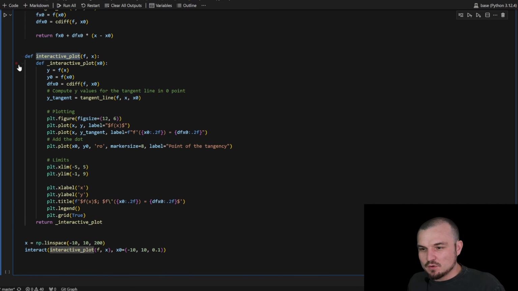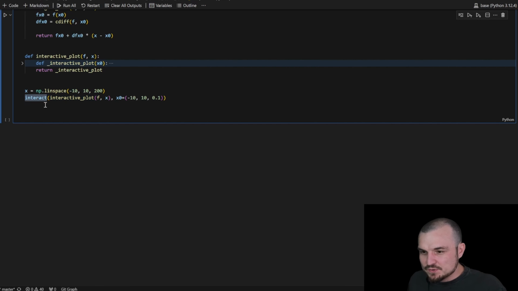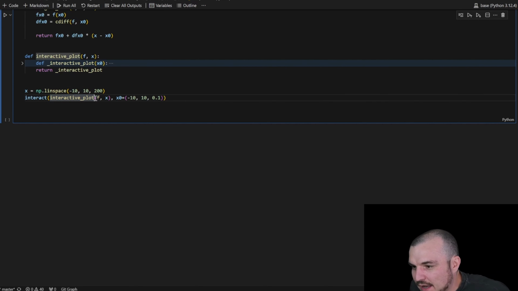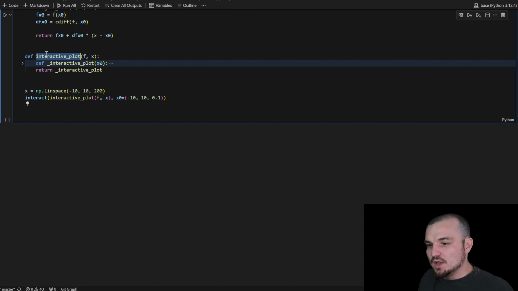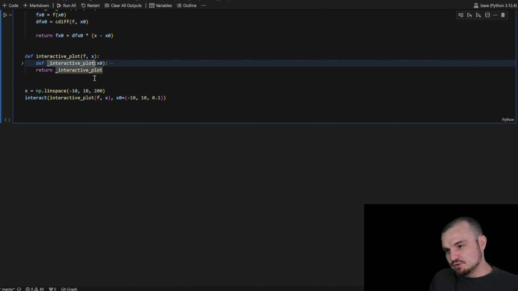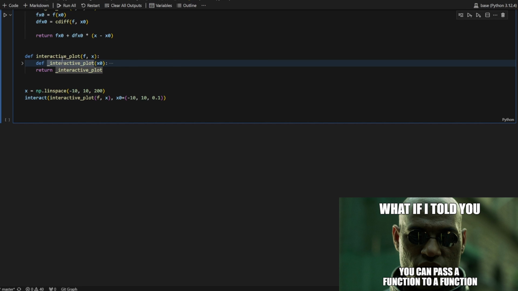This interactive plot is just a little tricky. We call it with interact, and it just binds the f and x arguments to this higher-order function that returns the function underscore interactive plot, which lives in the closure of the function interactive plot.